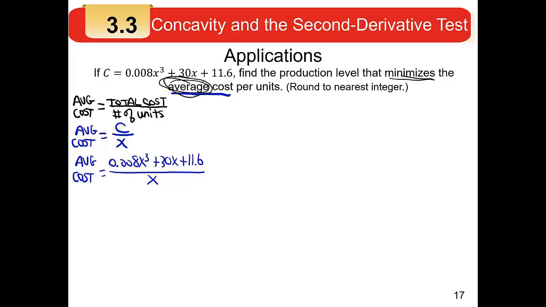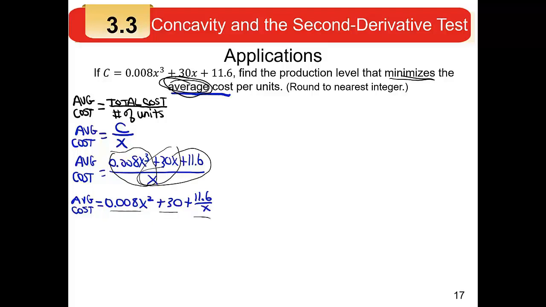So that's the average cost. Now, if it were me, I would divide that up into 3 fractions and divide the x into each term separately, and that gives you 3 different terms here. And you can see that x goes into x cubed and leaves an x squared here. The x is completely divided out in the middle term, just leaving 30, and then you've got 11.6 over x in the third term, and I would immediately write that as 11.6x to the minus 1,